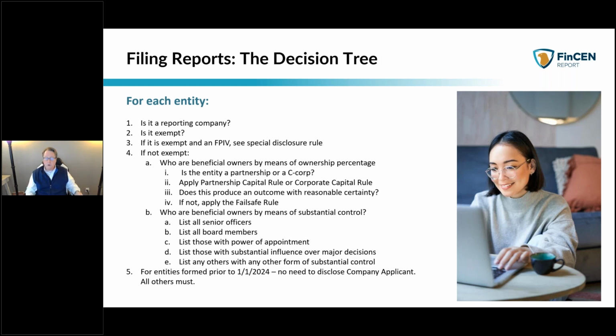So we first go through our calculations to figure out who owns 25% or more. Then we add to that list everyone who is a beneficial owner by virtue of substantial control. All of those people collectively are all of our beneficial owners, and they're all going to need to be covered by the report. If our entity was created before this year, we don't care about company applicants. If it was created on or after January 1, 2024, we must also list the company applicant and provide their